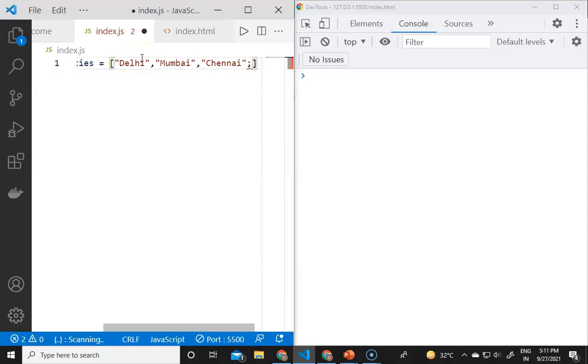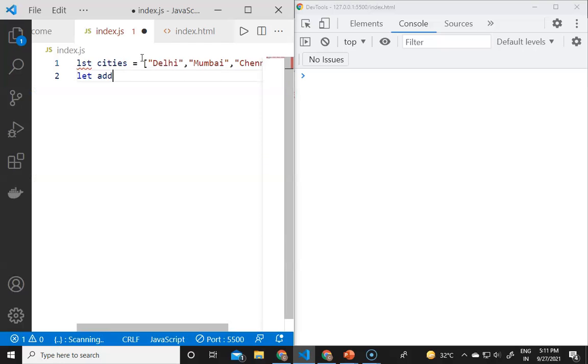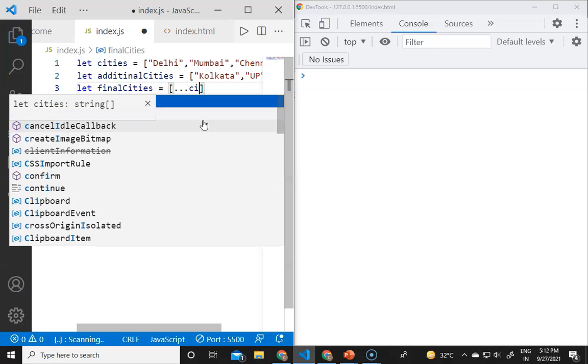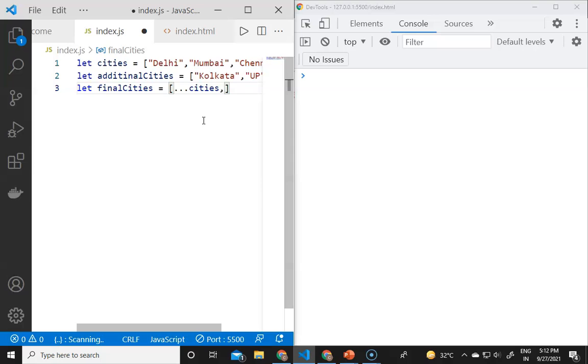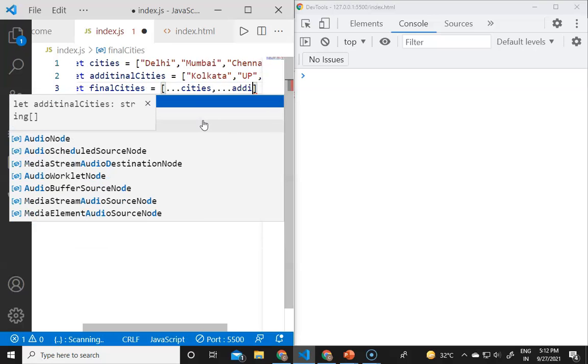If I want to merge some additional cities into it, let additionalCities equals Kolkata, UP, MP. Then let finalCities equals an array with three dots cities, and the spread operator again, additionalCities.